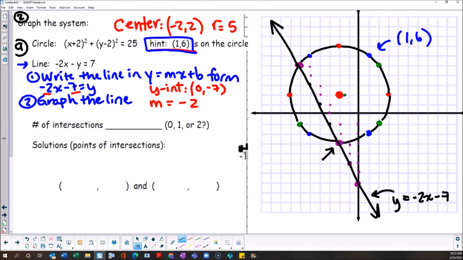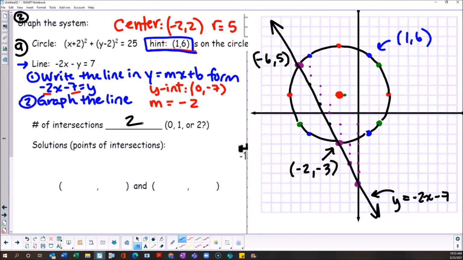This is negative 2, negative 3. What do we get over here? Negative 6, 5. Right? So on my notes here, when it says number of intersections, I have 2 intersections with